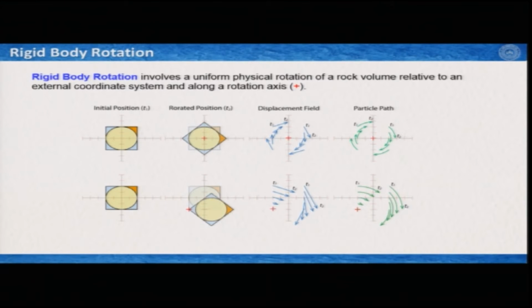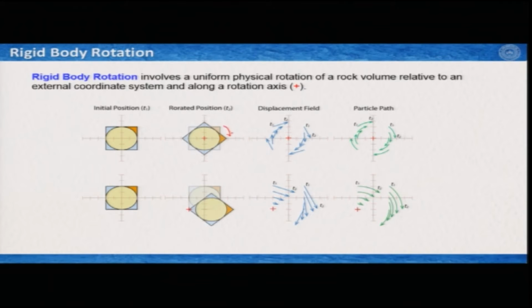Now to do a rotation you need an axis of rotation. Here I have again cited two examples, and rigid body rotation involves a uniform physical rotation of a rock volume relative to an external coordinate system and along a rotation axis. In the second column, which is your rotated position at T2, the rotation axis is marked by this red cross. So in the first one it rotated keeping the origin of this coordinate system,